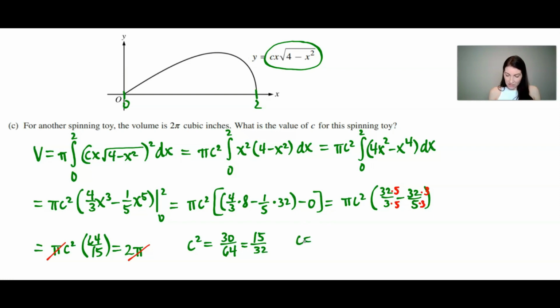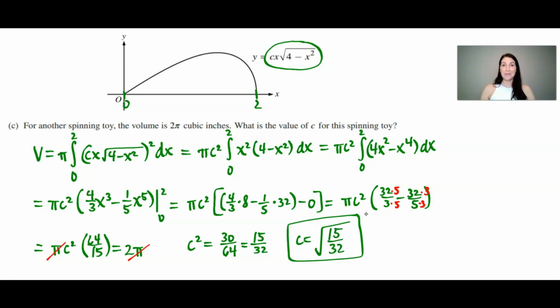And then what I do is I take the square root of both sides, and normally I would do plus or minus, but in order to make this function y be in the first quadrant, I'm only going to include the c value that would be positive. So that would be the square root of 15/32, and I don't have my calculator, so I would just leave it like this, and there is my value